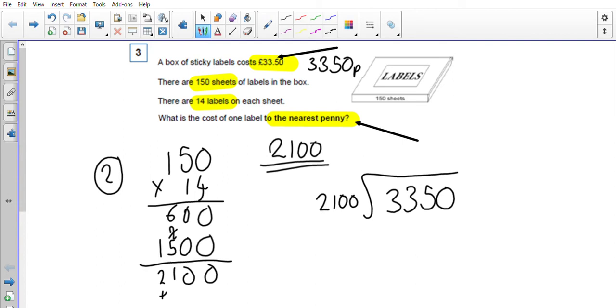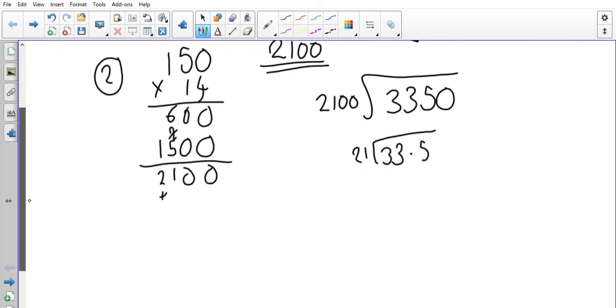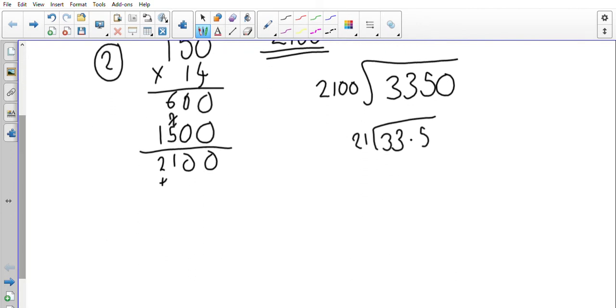But what I can do to make that a little bit easier for myself is I could actually just divide everything here by a factor of 100, okay, and wind up with a calculation of 33.5 divided by 21, and then work that one through. So I need to think about how many 21s I get in a group of 33. So initially that's going to be, if I give myself some more space down here,